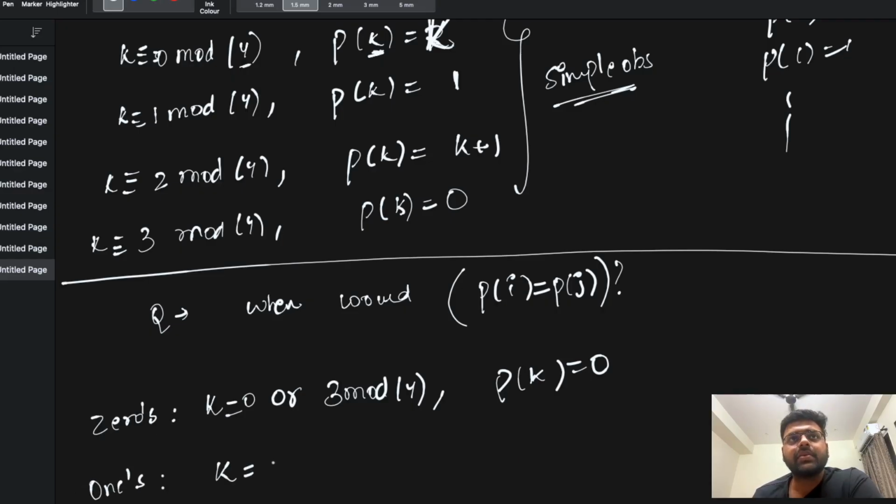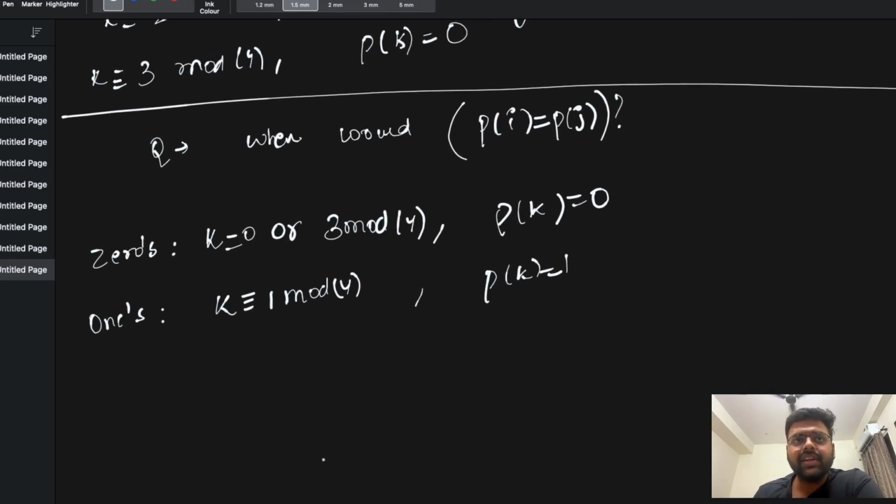And when k is congruent to 1 mod 4, my pk is equal to 1, and this is the case of 1s. And I can easily prove that for the rest of the values, when k is congruent to 0 or 2 mod 4,